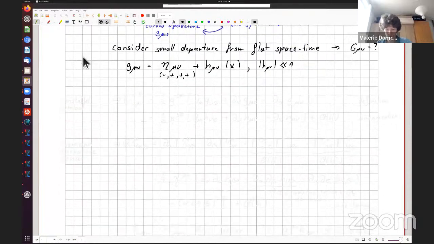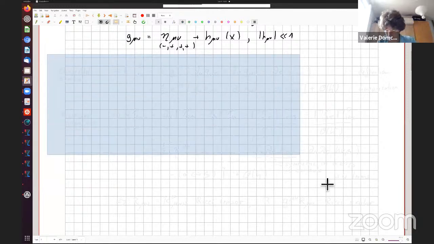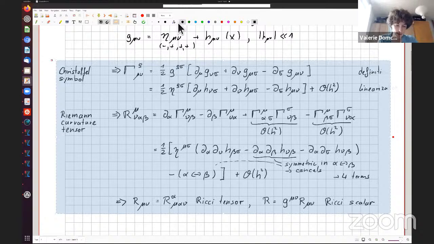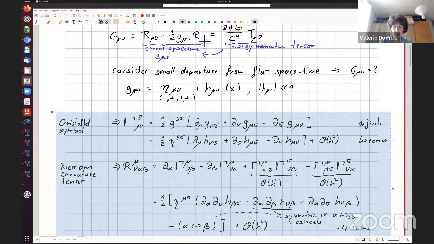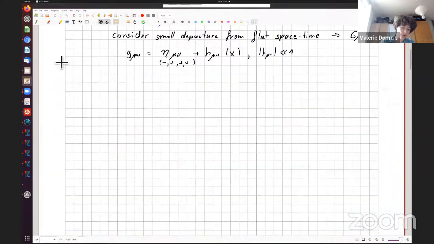So here now comes the point where I can cheat, because this is not a real blackboard lecture. This is just showing you, if you've had a GR lecture, you'll have seen this. If you haven't had a GR lecture, you'll just have to believe me. This is how, starting from a metric, you compute the left-hand side of this object. And really, it's all just a big contraction of indices. So not particularly insightful, but let's have a brief look at it anyway.